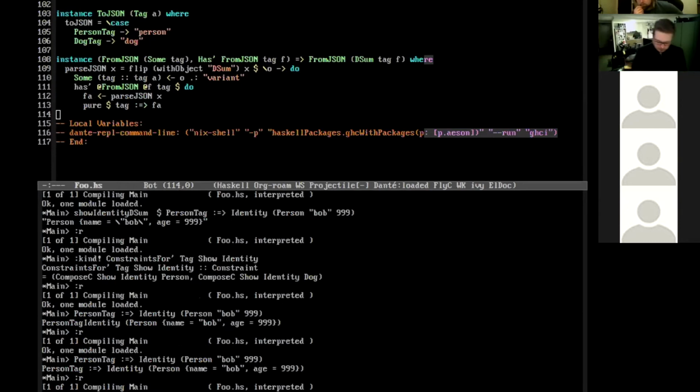And you can also parse the dog out with different JSON, and away you go.